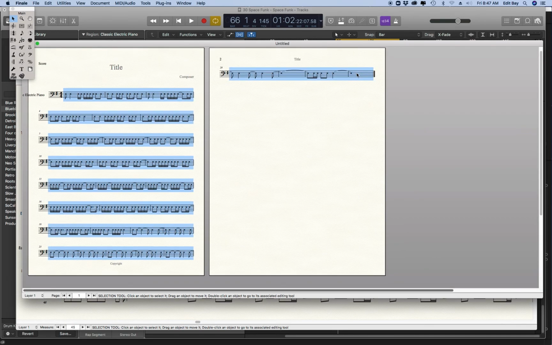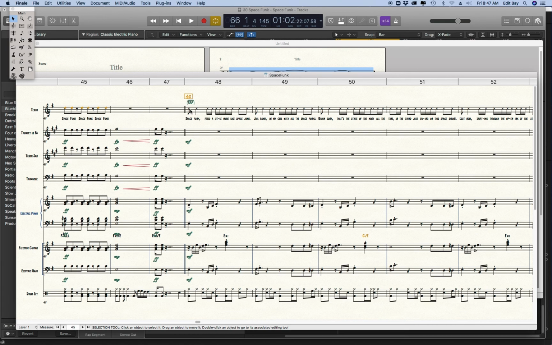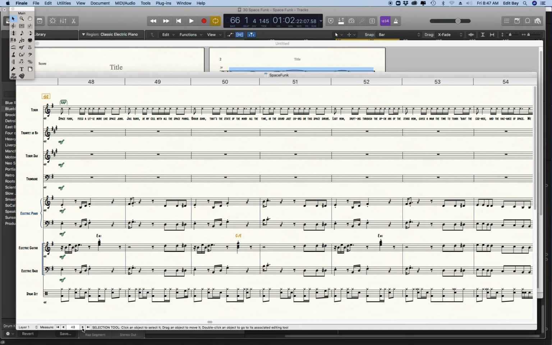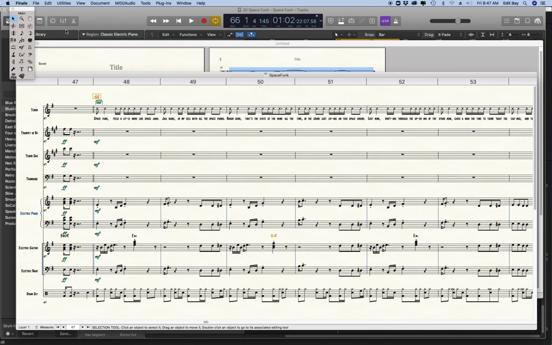So let's grab it all from here to here. This is the rap as Slim Calhoun, the artist who was hired to do this, did it. So here's the score right here. Here's the old rap section that I had, the inferior rap section. Slim brought some really interesting ideas to the song in how he rapped it, and I was very happy with his work. So what I do is I'm going to take this and paste it here, but